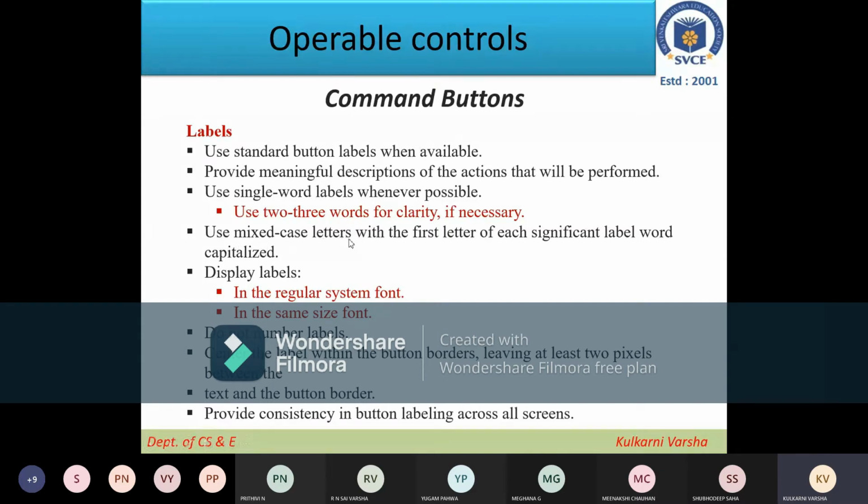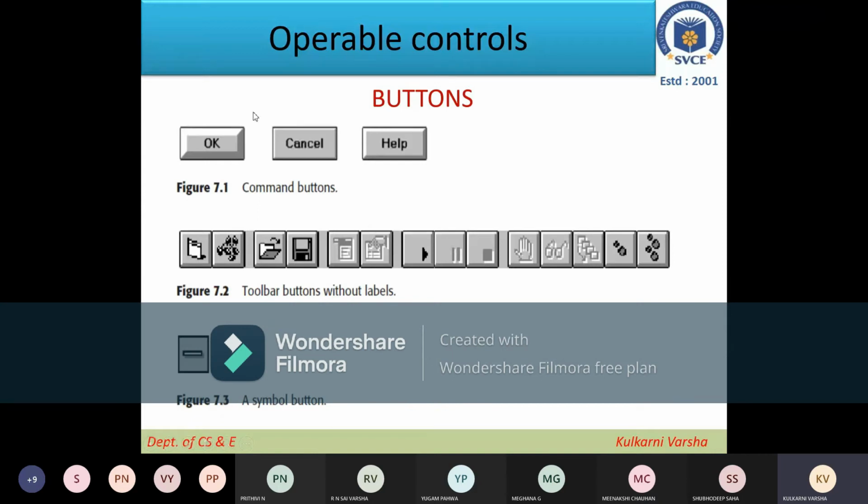Then use mixed letters with the first letter of each significant label word capitalized. So always we can see that generally the first letter will be capital. See, in the OK, we can write OK as OK, or we can write it as OKEY, or you can write it as OKE.